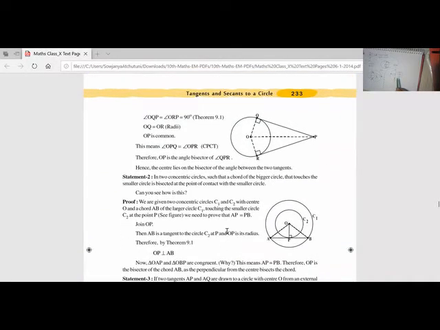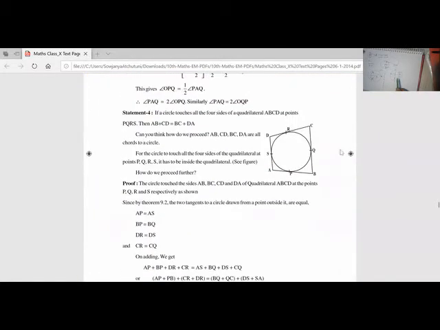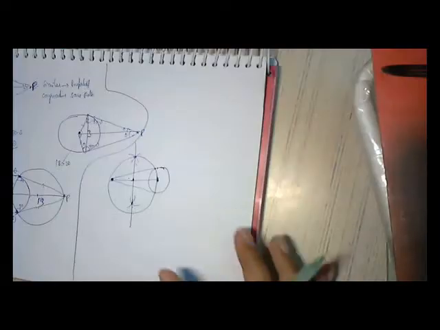So these are the triangles. These are problems we'll see in the examples. Let us see this example. What is given? If a circle touches all 4 sides of a quadrilateral, they need not be parallel. This is not a trapezium, not a square, not a rectangle; this is a quadrilateral. It can be any angle. Then you find that the sums of the opposite sides are equal: AB plus CD is equal to BC plus AD. You have to prove this.